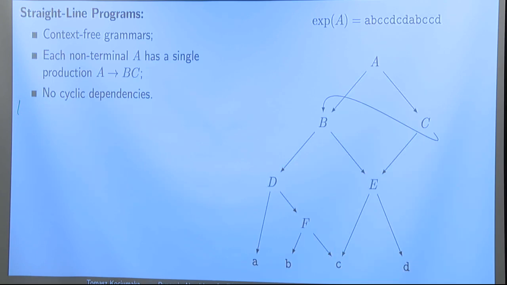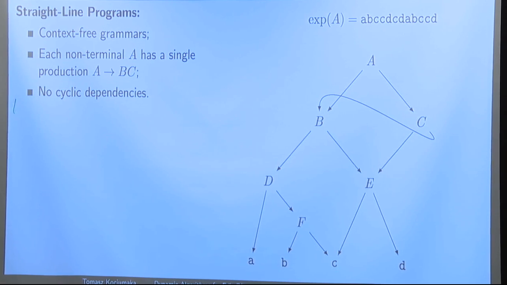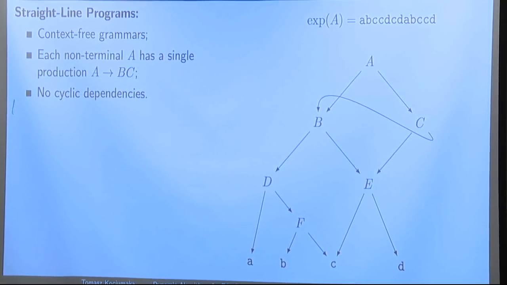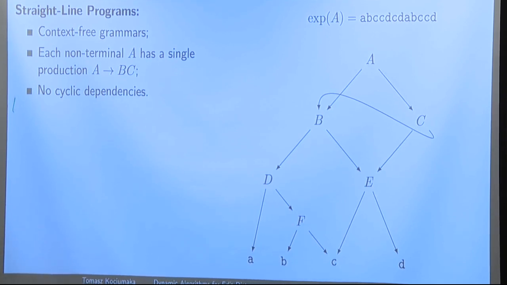And we could do it starting from the basics. But actually, the pattern matching community already has a tool which is very useful in this setting, namely straight line programs. So a straight line program is defined as a context-free grammar for which every non-terminal has a single production of length 2, and there are no cyclic dependencies between the productions. So this means that the language of every non-terminal is just a single string,